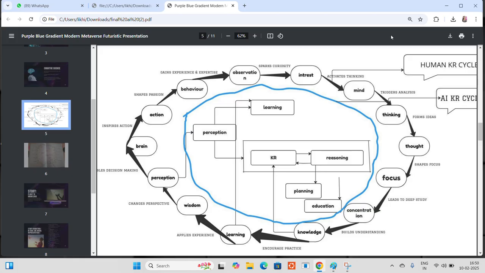And next, this led her mind to initiate thinking. She started thinking, questioning how such flight is possible. A thought crossed her mind. After continuous thinking, she got a thought, I mean an idea. She got an idea: maybe it is the bird's wings that make it fly. After the thought popped up, she focused very intently on the bird's wing movements.